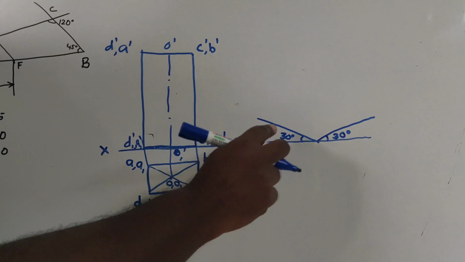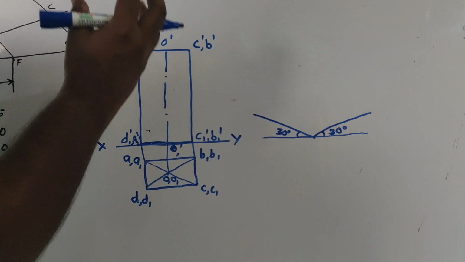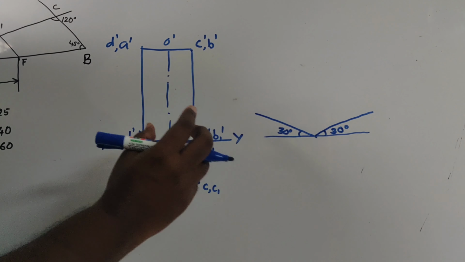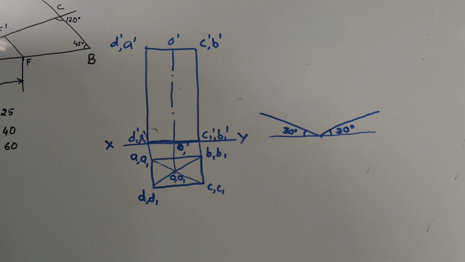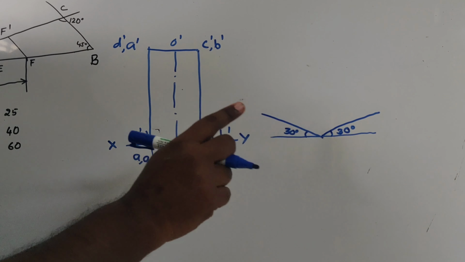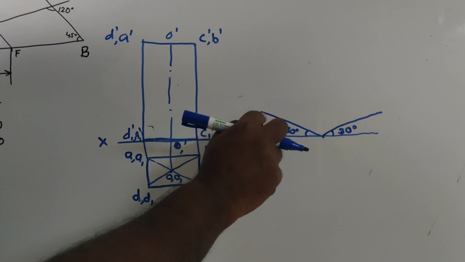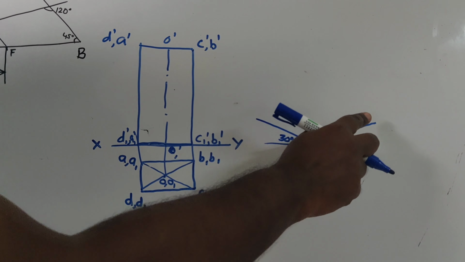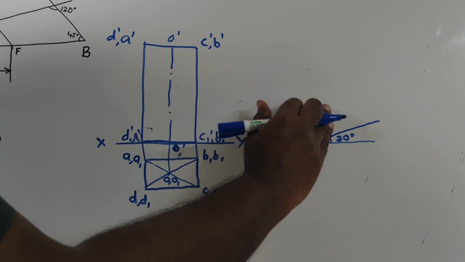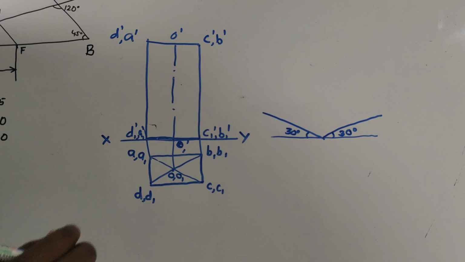Why are we drawing in this manner? Because the solid is kept vertically, so we have to draw the base on the horizontal isometric plane. Last class we saw what the horizontal isometric plane is. Horizontal isometric plane means you are taking these two isometric axes as the boundaries. So you can have a horizontal isometric plane here. Now, how to draw this?